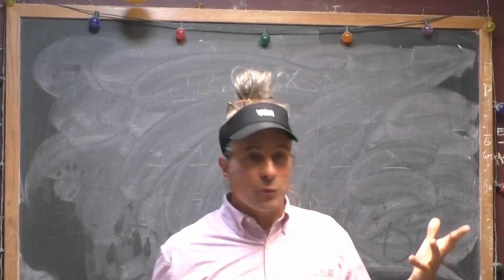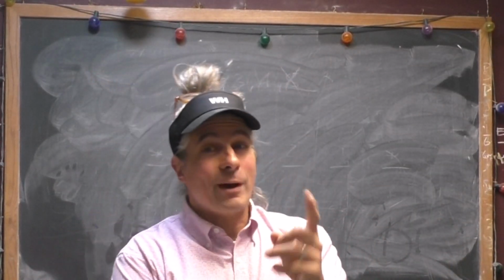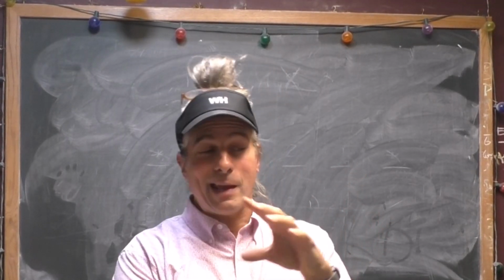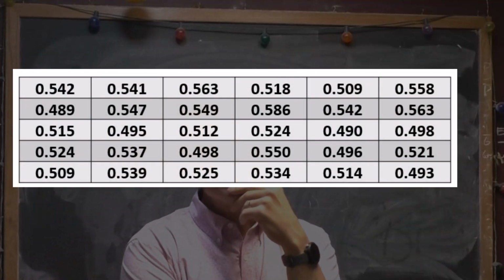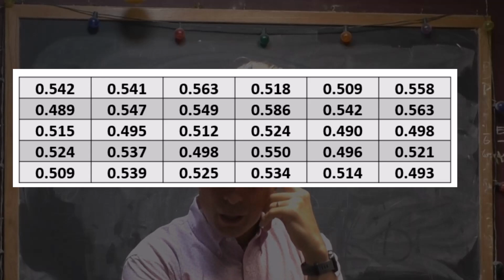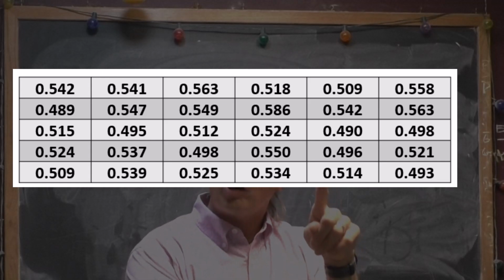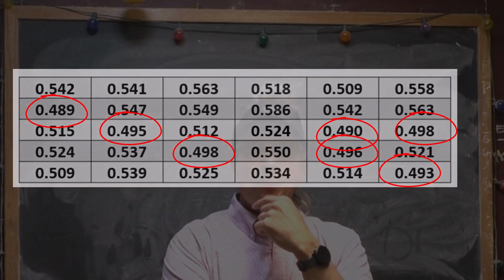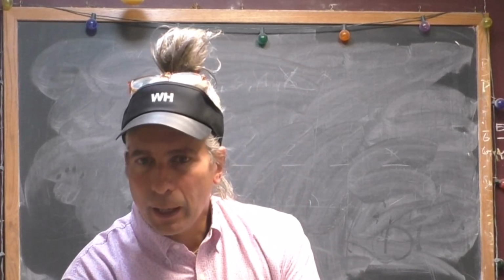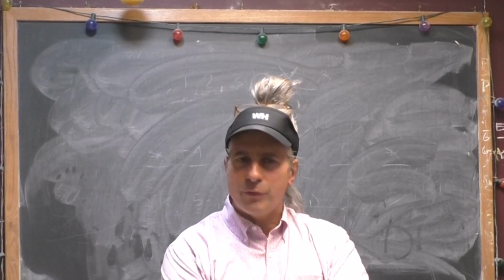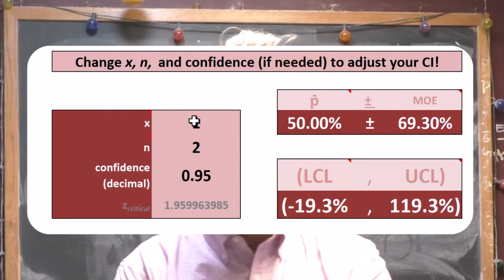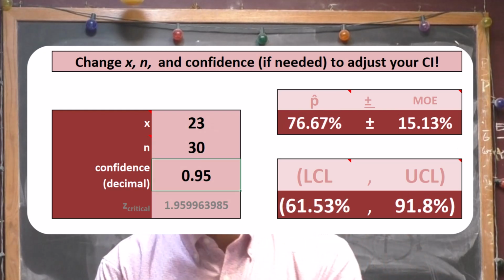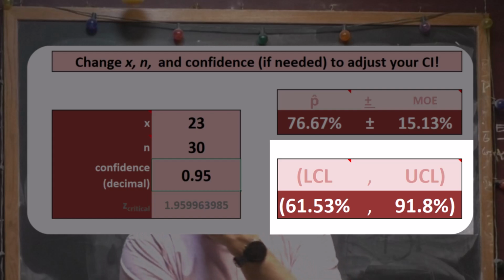Okay, so what can we infer from these 30 weights? Well, the one tool we have right now is the single proportion confidence interval. So we can take a look at our 30 weights, and we can notice that if we compare them to half a pound, it looks like 7 of them are under half a pound, which means 23 of them are half a pound or more. And we could use the one tool we have available to us to look at the percentage, I guess, of those that are half a pound or more. And when you look at it, the percentage is well above 50%, even considering the margin of error. So that's one way of thinking about it.